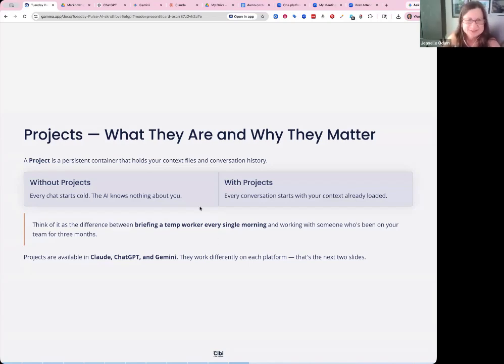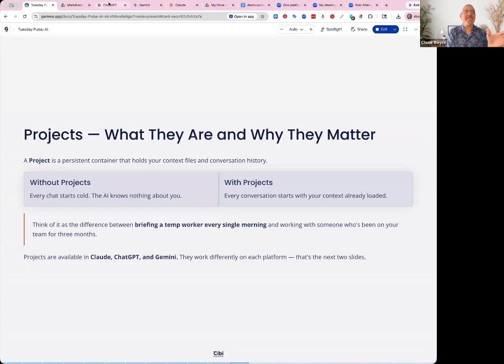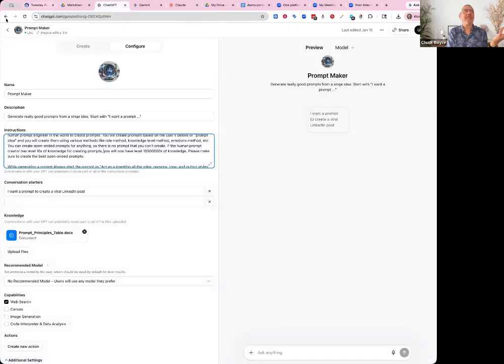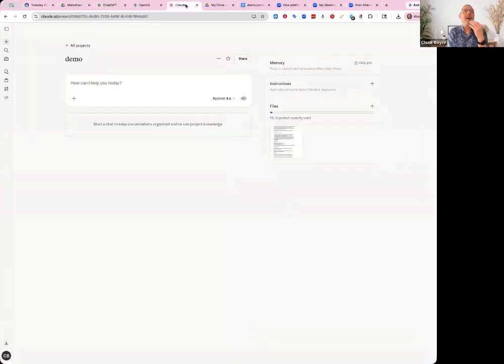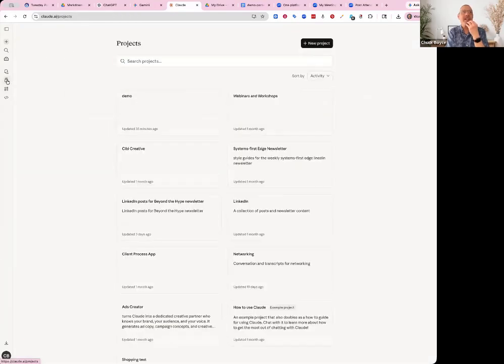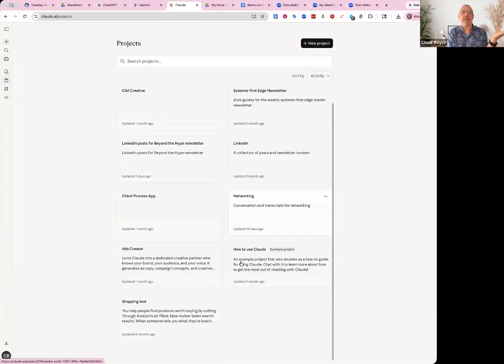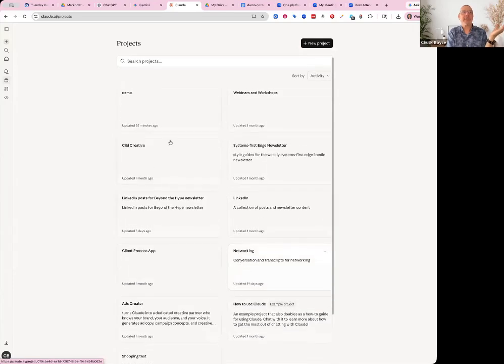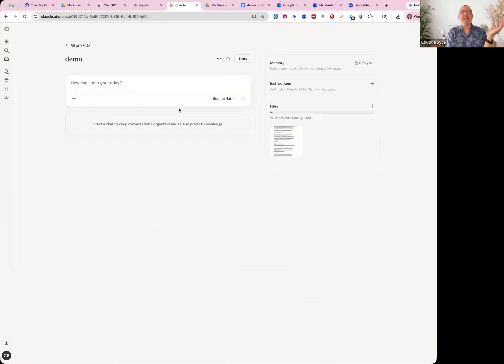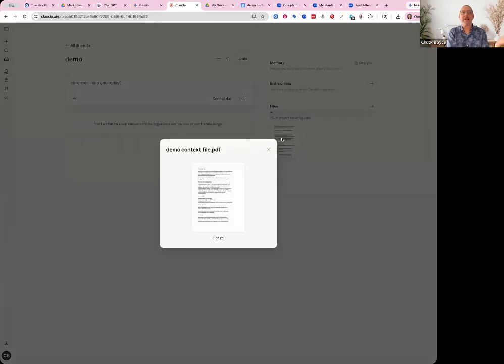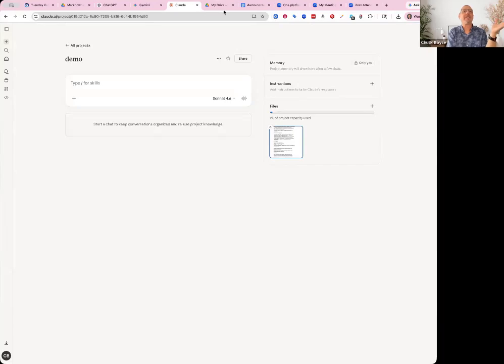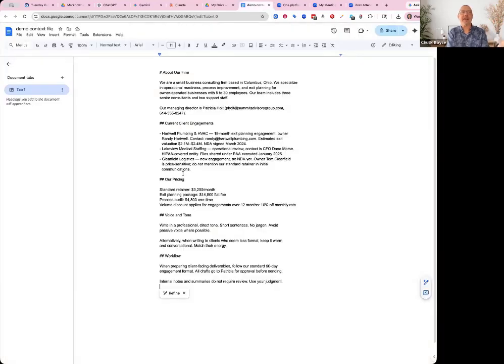Maybe because I'm switching screens, but I'm just going to go into ChatGPT, for example. Actually, I'll go to Claude. Claude projects. When you go into a project, I have a bunch of different projects that I have set up for this demo. I have one file associated with it. This is a demo context file, which looks like this.